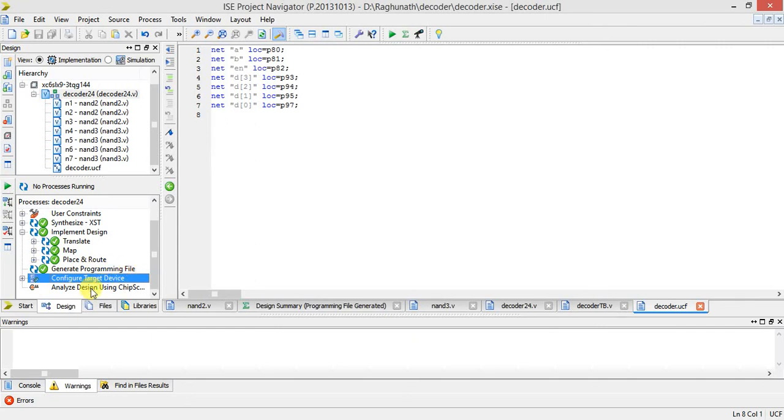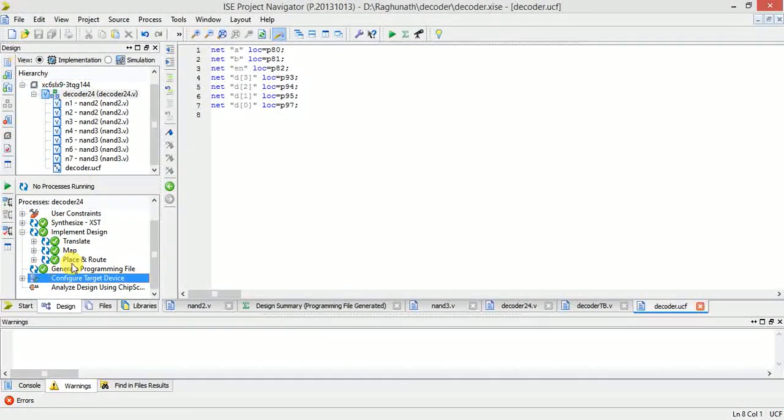For that, I have to do configure target device. Since I don't have a kit, that is recorded in another video. There I recorded with a student's folder, and I am going to download and show the output. So till here you can see.